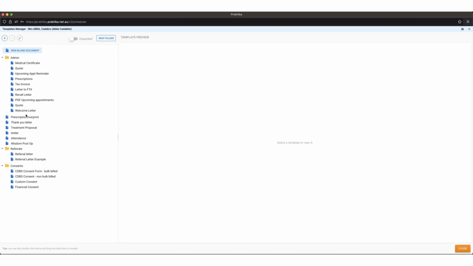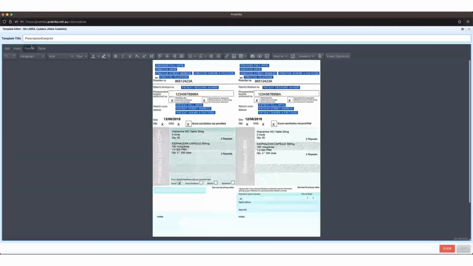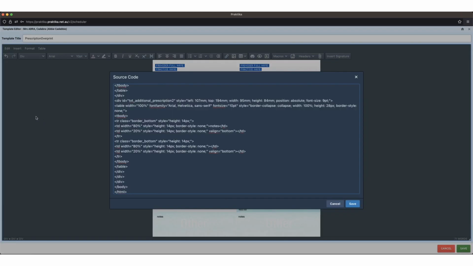So let's say, as an example, you wanted to copy the prescription over print template. What you can do is you can click on the template once, so it's highlighted blue, click the Edit button here, which is the blue pencil. What you're going to do, rather than copy and paste it directly from here, you need to go Format, Source Code, Control A will select everything, and then you can copy using Control C,